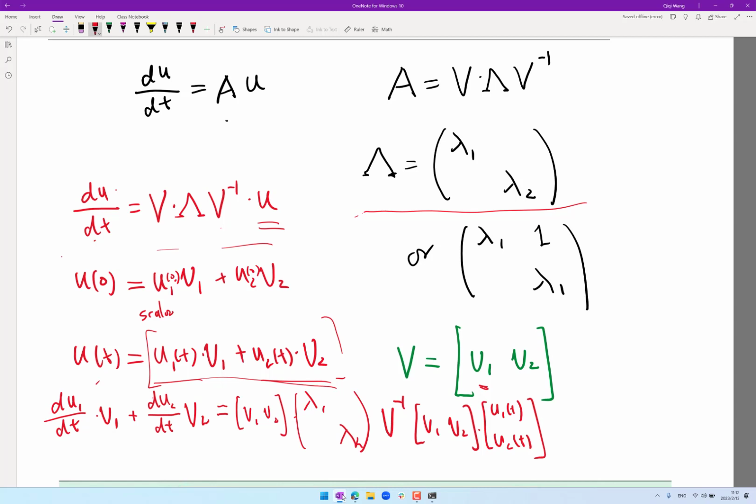So this is the familiar matrix vector multiplication, right? This matrix times this vector is simply v1 times u1 plus v2 times u2. And because this is just the matrix V, it cancels with the V inverse. So this whole thing goes away, and you're essentially having lambda 1 times U1 and lambda 2 times U2, right? The whole right-hand side then becomes